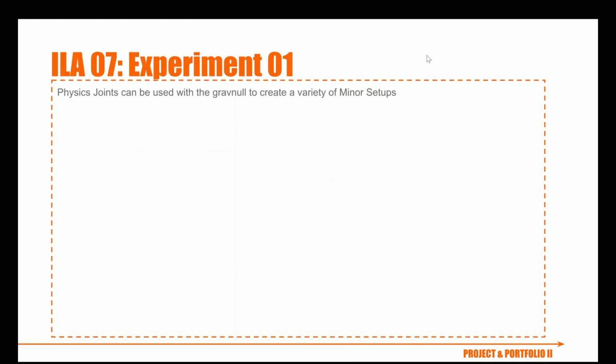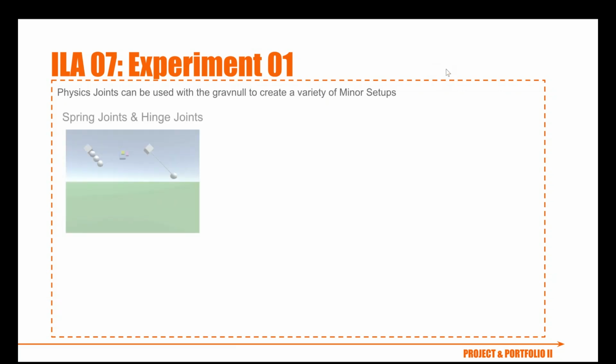All right, so next up is just using physics, right? Using joints of some kind to create different mini setups. Here in this GIF, you can see the concept of a spring joint and hinge joints, all working in tandem with each other, swinging back and forth. You can use this to create a setup where you have a chandelier that you swing through something, or a wrecking ball that swings through a wall,